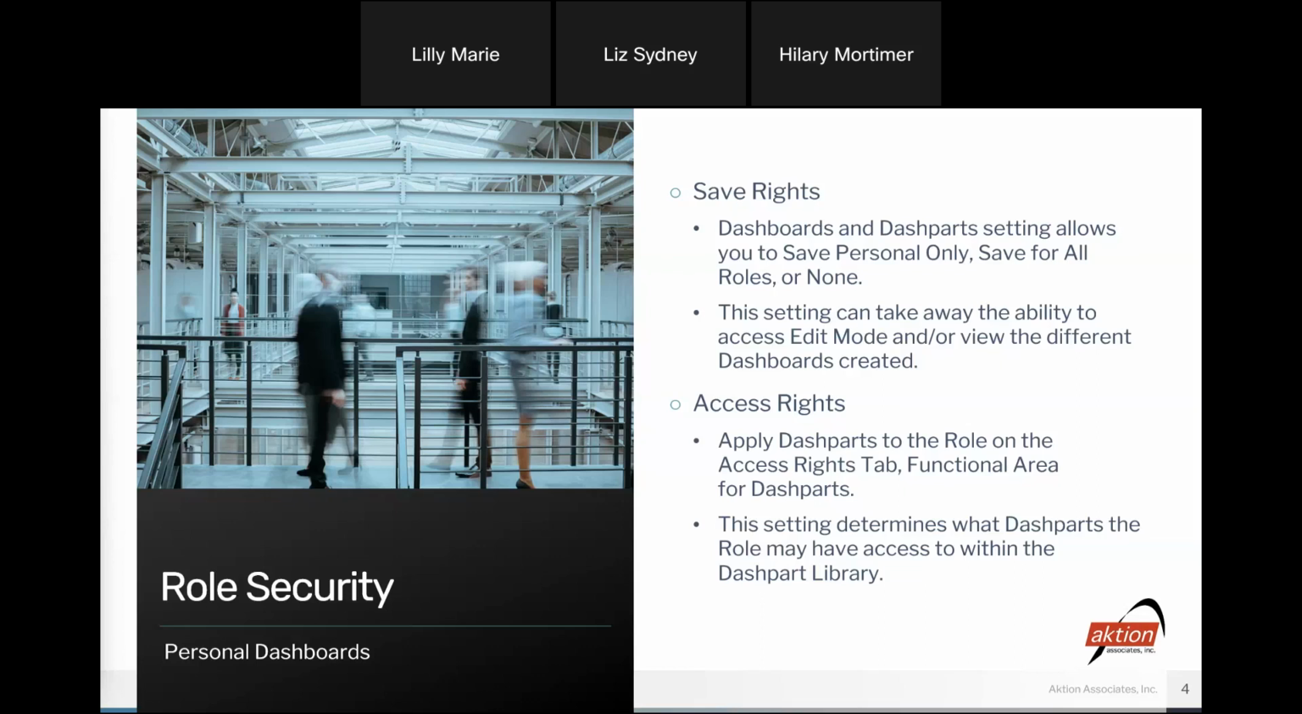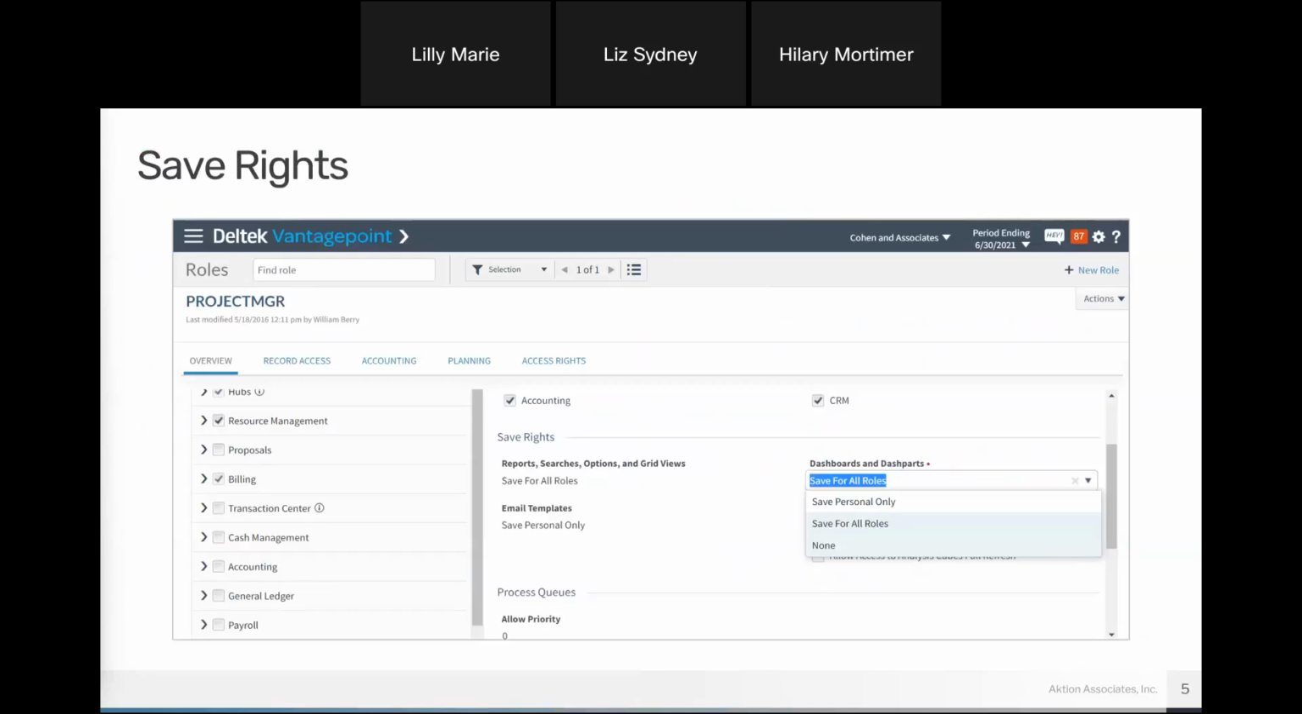I do have a few screenshots of this, and we'll look at it in the live demo. In the save rights, you can see here the dashboards and dash parts setting in the role security has 3 options instead of just the save for all and none. It has the personal only. When you change that setting,